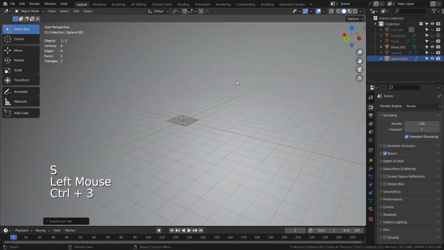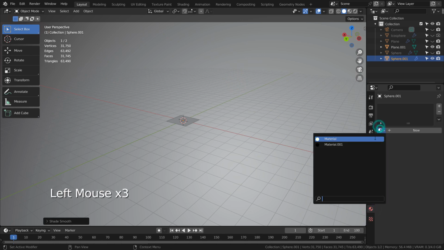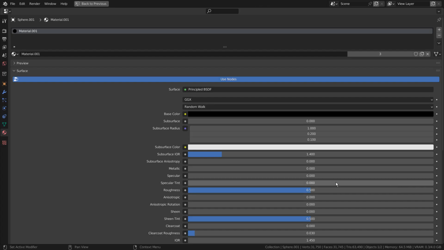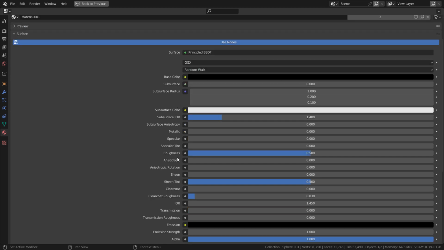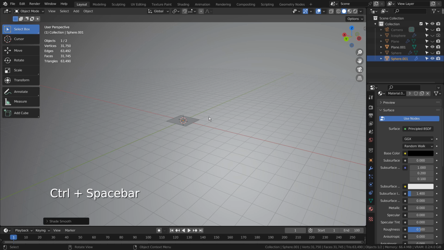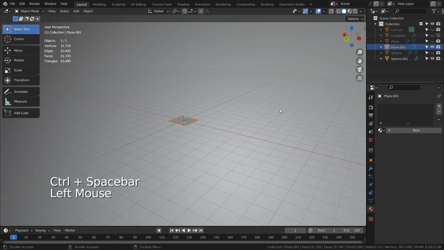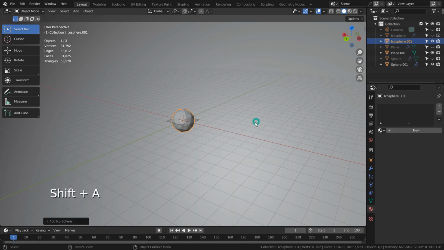Please subdivide the sphere, and add a black material with specular turned off. We'll need a particle mesh next.